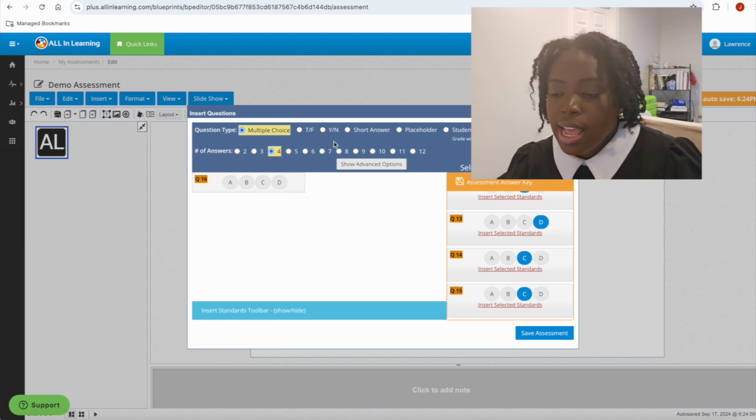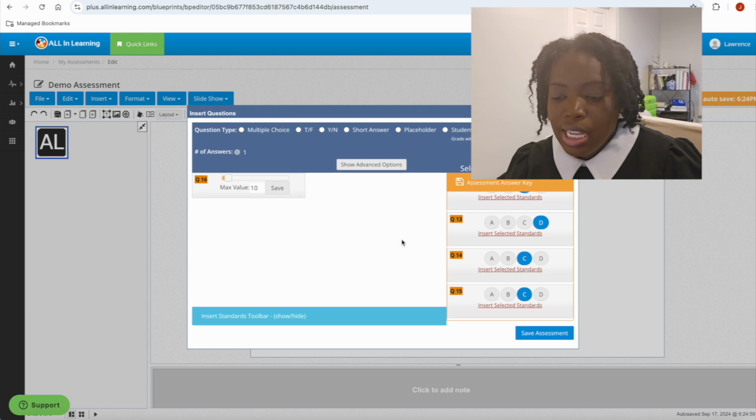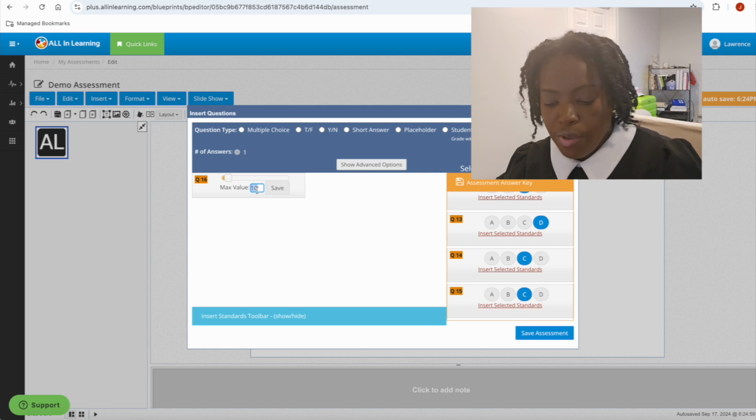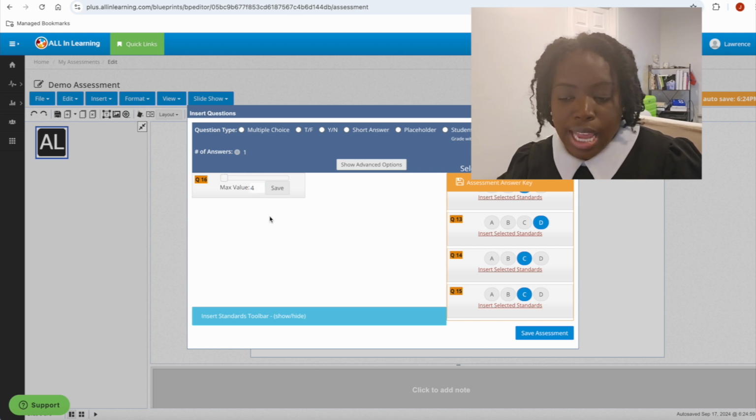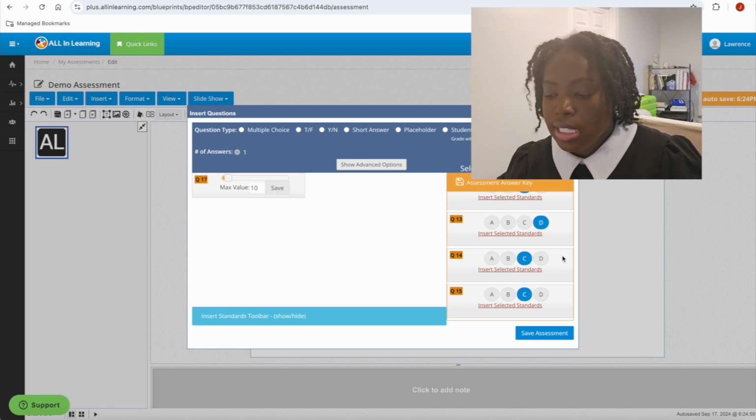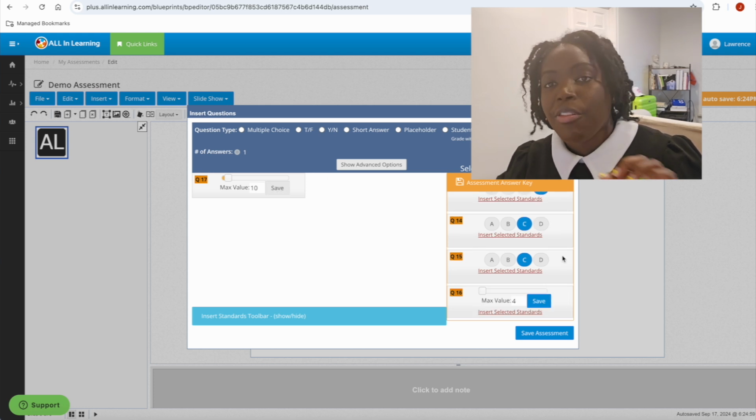Then I'm actually going to have a reading assignment where they have to write a little, and I want that to be worth 4 points. And we're going to use the sliding scale. So I want to grade it right in All-in Learning. I can use the sliding scale. When I say grade, I mean I want to get the data. I wouldn't use any of this as my grade because